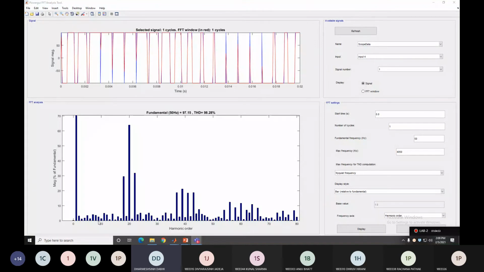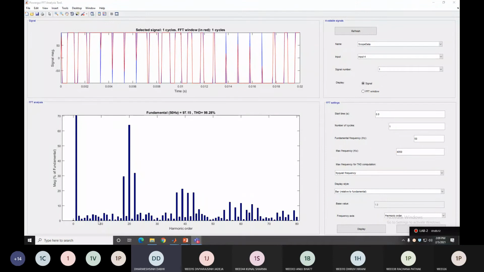And what is the advantage of reducing the lower order harmonics? Let us discuss here. What is the advantage of that? Size of filter circuit. Yes, size of filter is reduced. Yes, so ultimately the cost of the whole inverter is reduced.